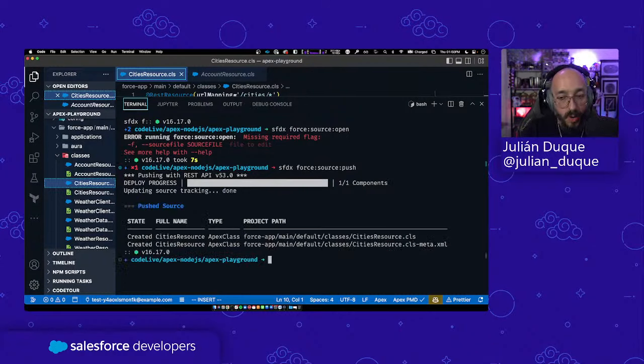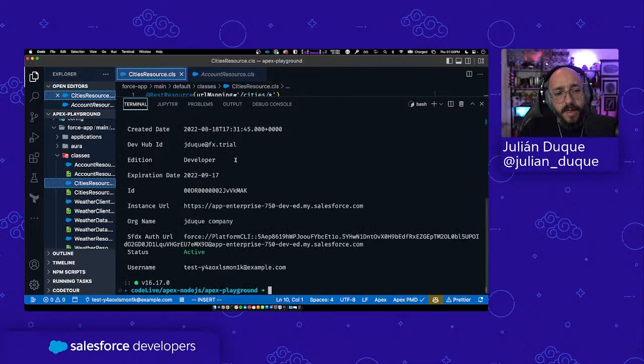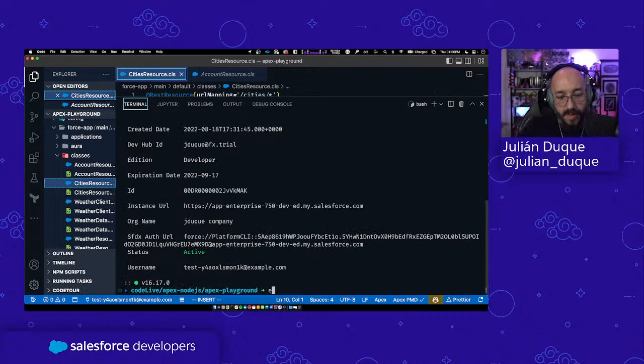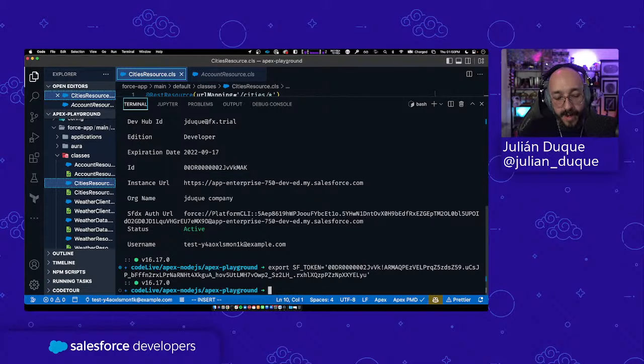Okay. We deployed, and remember we need to perform the HTTP operation to get the cities. To perform that HTTP operation, we need to get the token. Force org display verbose. I'm getting a new token because that token expired. So I'm getting the session token. I'm exporting that token as an environment variable, and I perform the HTTP GET,